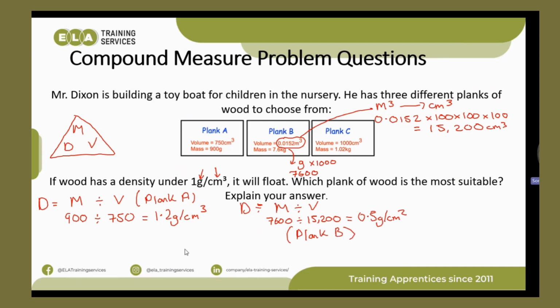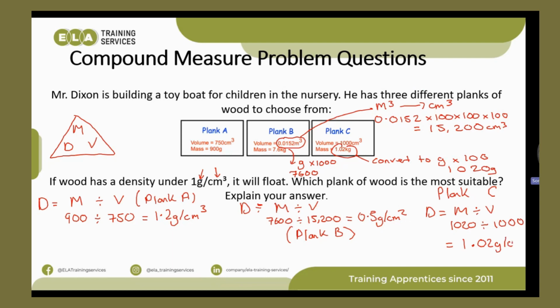And then our last one, plank C, is density equals mass divided by volume. So our mass, oh, we've got kilograms again, so we need to convert to grams by timesing by 1,000. So we've got 1,020 grams. 1,020 divided by 1,000 centimetres cubed. Let's give that a go. 1,020 divided by 1,000 gives us 1.02